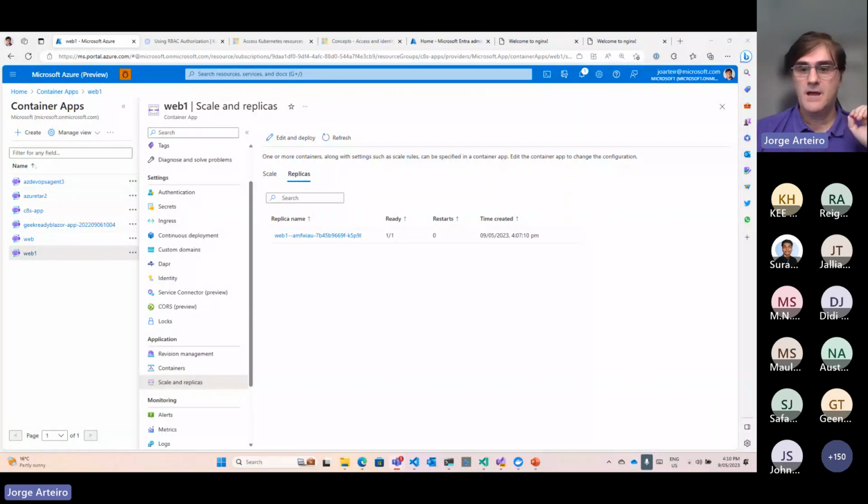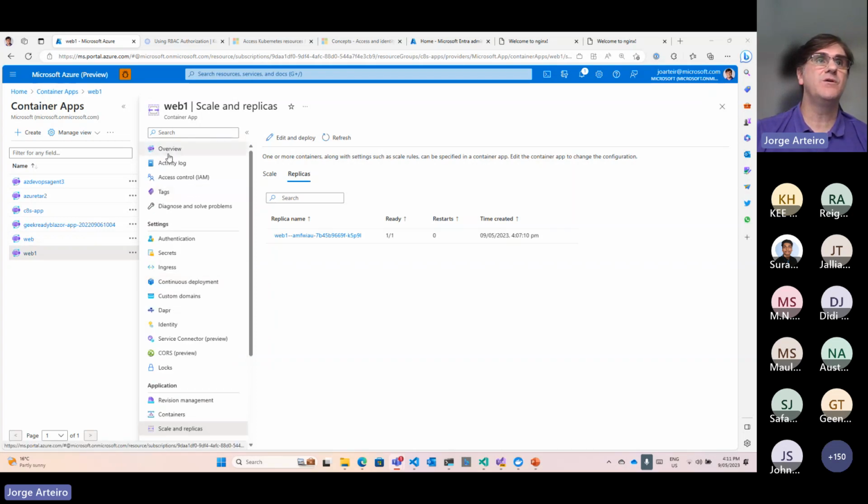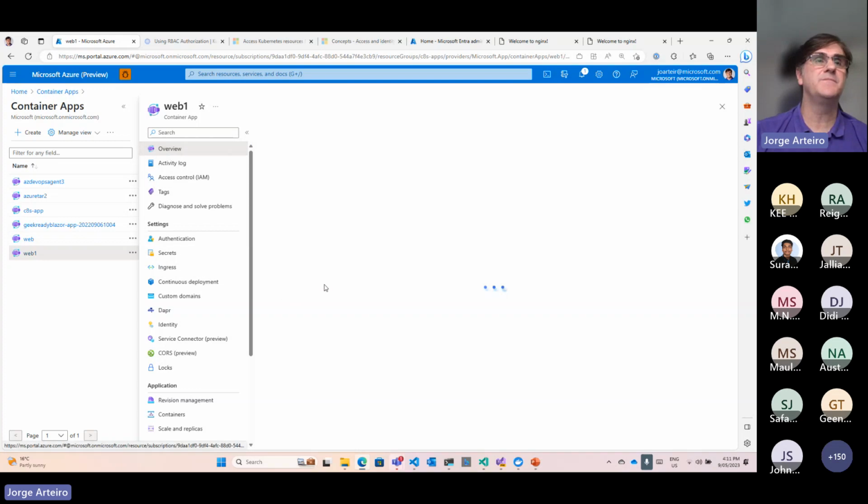Understand? There's one question here. Okay, someone leaving, but I think someone asked the difference between container apps and... I'm not sure if you guys call what I saw, but let me try to see the